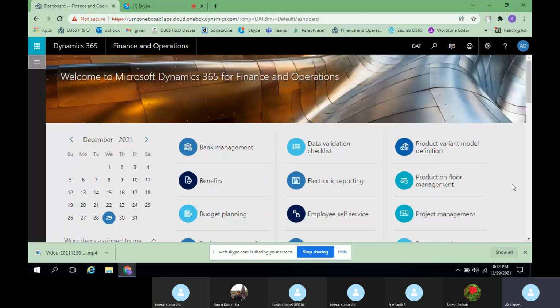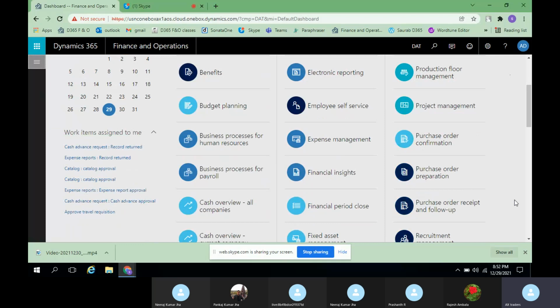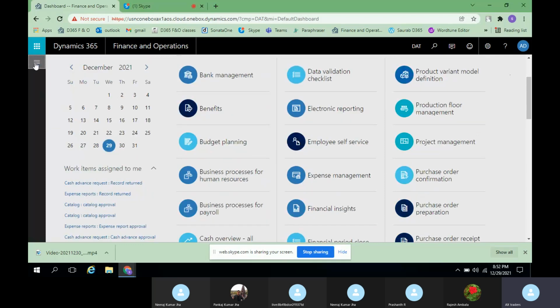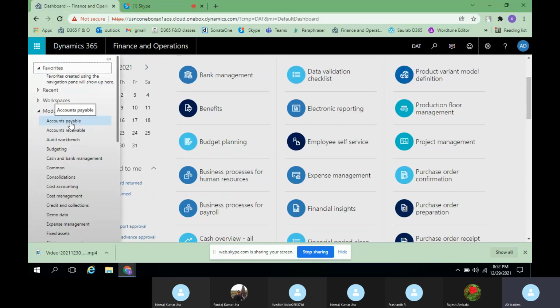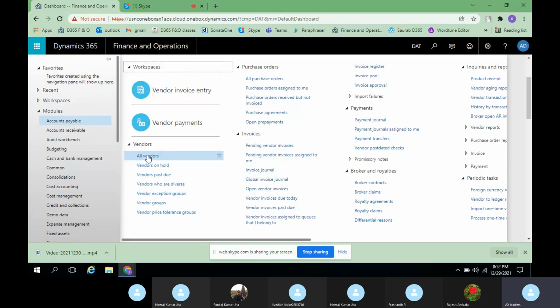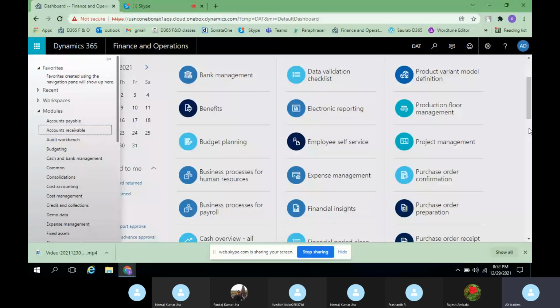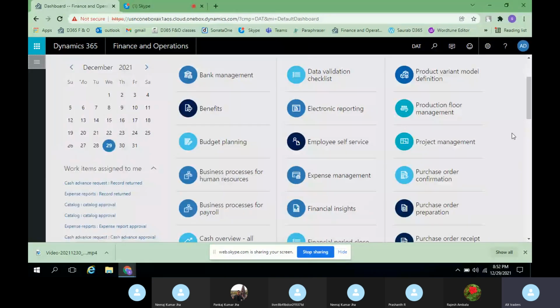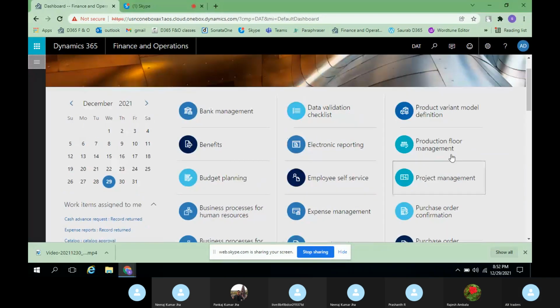The moment you open the software, you should be able to see them. For example, if you want the vendor's payment report, instead of navigating through accounts payable, then all vendors, then payment pending invoices, you can keep it as a shortcut. Even though you can call it a shortcut, here we'll use the terminology workspaces.